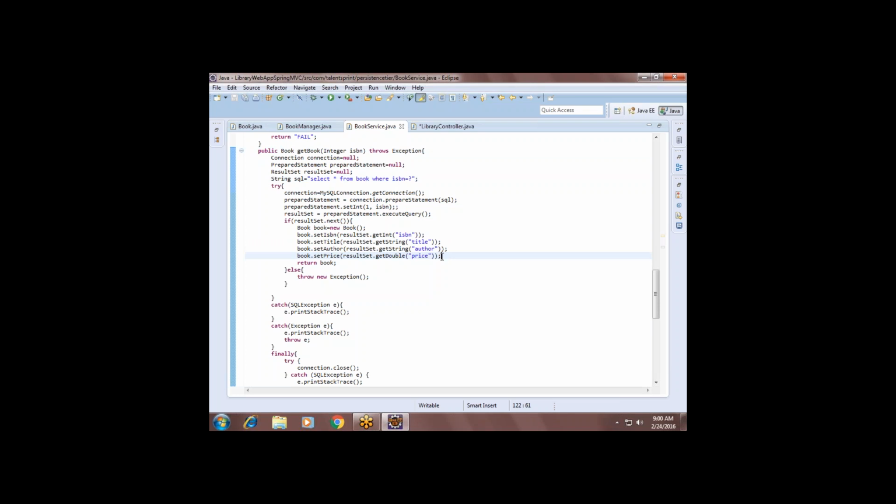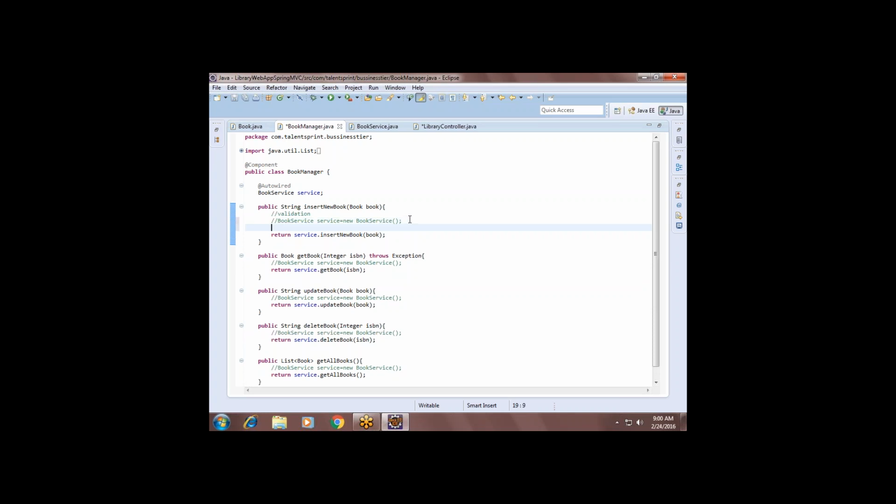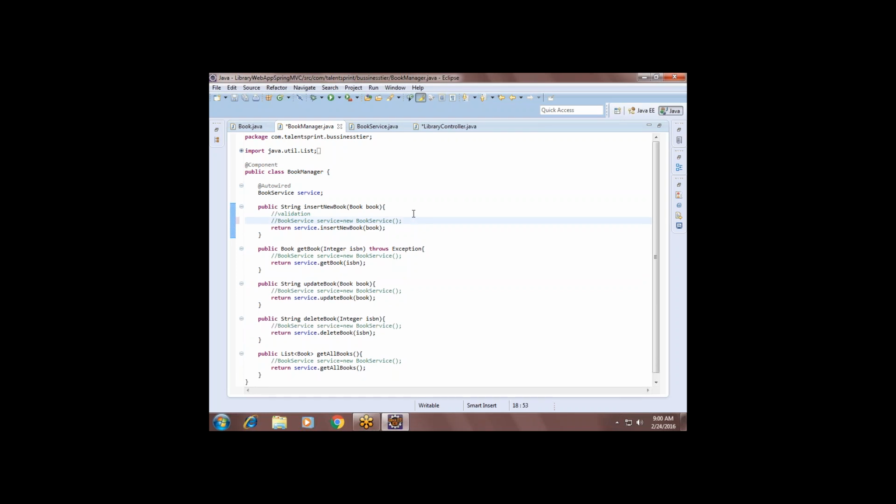Even if you don't expose the price to the display, the DAO will not care; it will just do its own job. It will pick all the data and give it back to the caller. It's the job of the book manager to decide whether to give the price back to the client or not. If you don't want to expose the price, you write some code in the business logic, and except for the price, you send back all the data you received from the DAO layer. That is the job of the business layer.